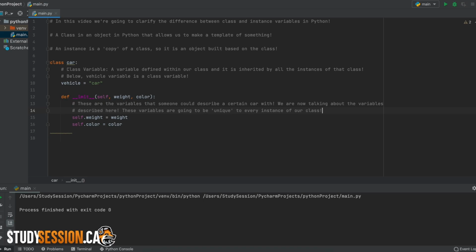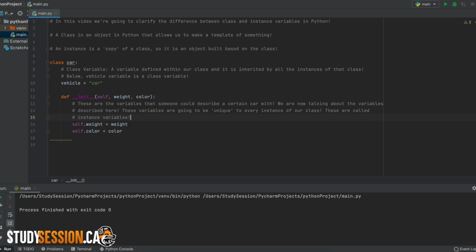So, the unique variables we associate with an instance of a class are called instance variables, which should make sense with the name, right? They are variables that change with each instance. Therefore, instance variables. Same as for class variables. They will be unique to one class, but since instances are created from that class, they inherit the class variables when they are created.